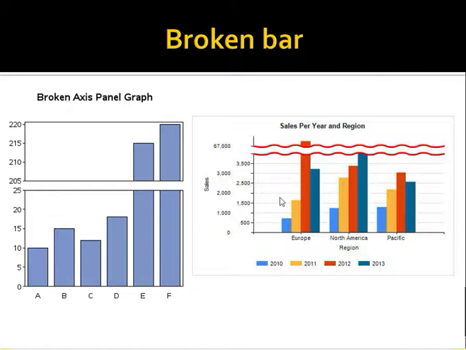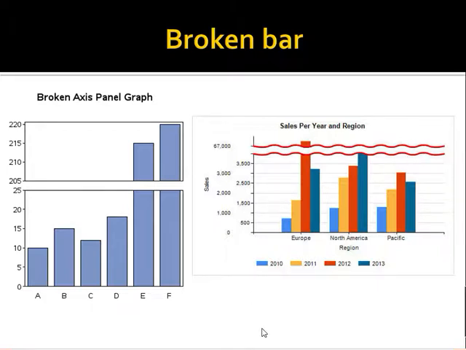Again, you can see the sales of a particular commodity. This can be used in multiple bar diagrams also in Europe, in North America and the Pacific, and the various years are also shown. This represents 2010, 2011, 2012 and 2018, and the data from various countries is given, but in Europe it is way higher than in other countries. So, this bar has been broken. So, this is called as a broken bar diagram.